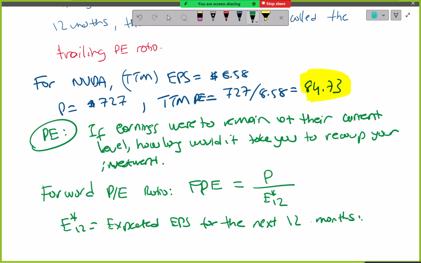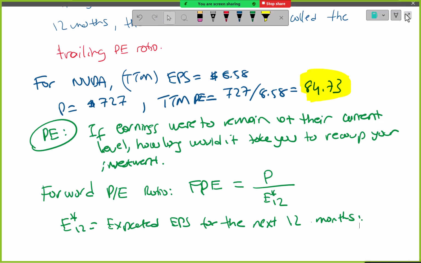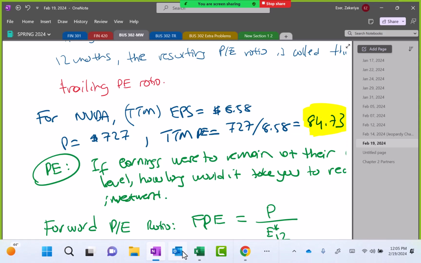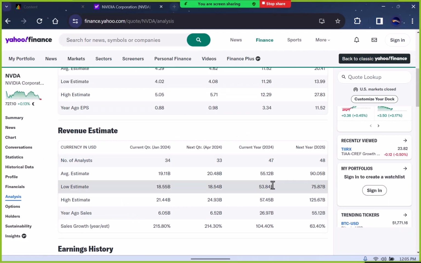Right? I'm going to approximate that with what analysts expect. For example, for the fiscal year 2024,